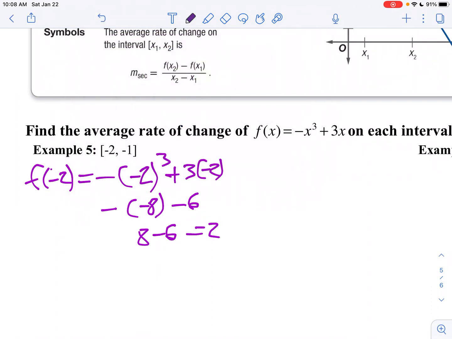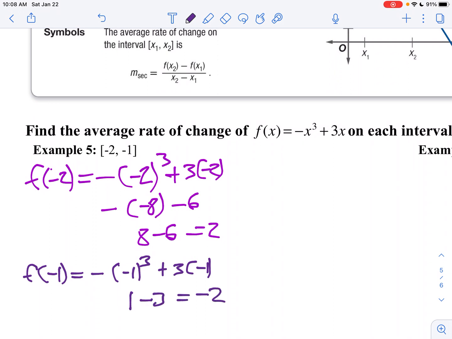I'm going to find f of -1. So I'll say the opposite of -1 cubed plus 3 times -1. I'm going to go a little bit quicker on this one. So -1 cubed is -1. Take the opposite of that, that's a +1. And then 3 times -1 is -3. So I get -2. And on this first one, I think I'm going to write down the formula so you